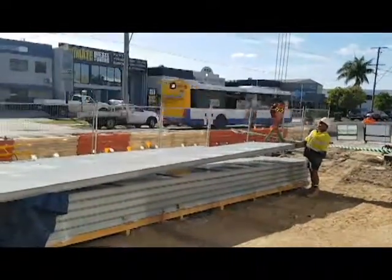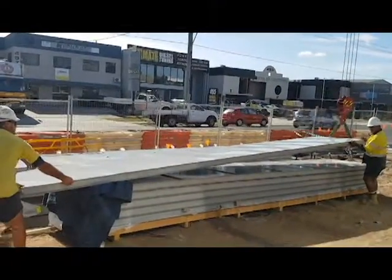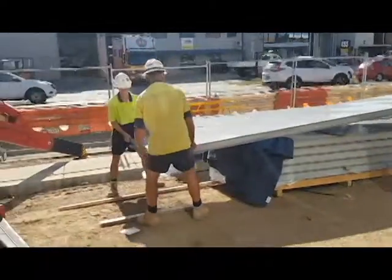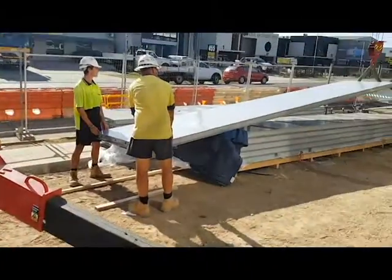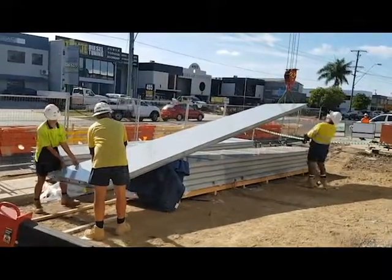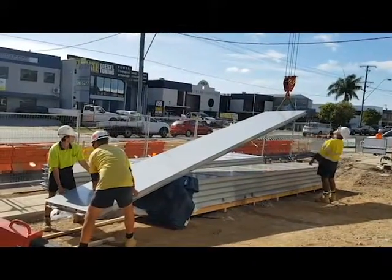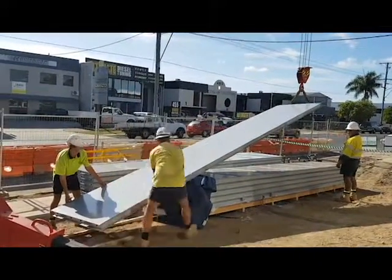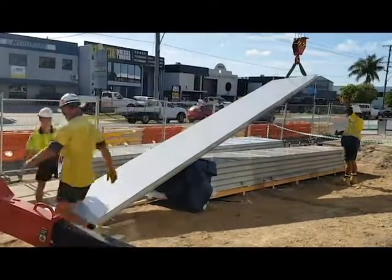Once we had priced it to Hutchison Builders, we got a meeting with them to come up with a suitable solution for the job, being that the sun panels are quite large, 1200 wide by 6.6 metres tall, and the design was to span that distance, so they had to only be fixed at the top and the bottom of the fin. So I had a meeting with Matt and Preston Smith from Hutchison Builders, and we came up with a design. I took a sample there of our Ascot product,